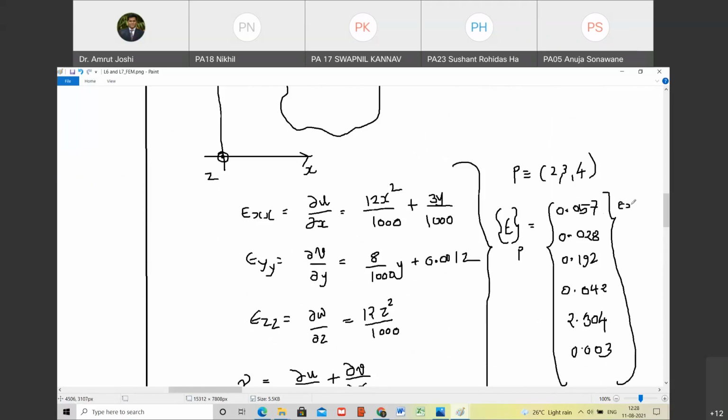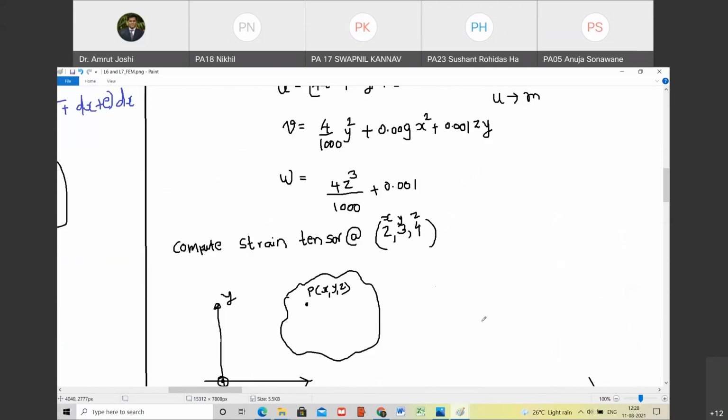This is epsilon xx. This is epsilon yy. This is epsilon zz. This is gamma xy. This is gamma xz. And this is gamma yz. Do you agree with me? Yes, sir. And now these values are not practical. You can see the strain of 2.3. That means if you consider a bar of length L, it would have expanded by twice L. So its new length would be 2.3 times L, which is unlikely, but it's all right. These values are not practical because I cast the problem spontaneously in front of you. It's all right.